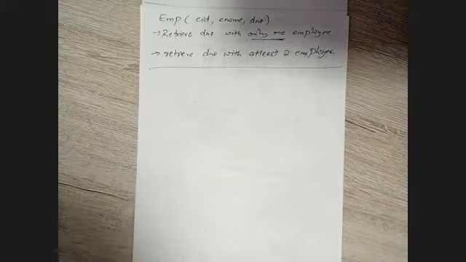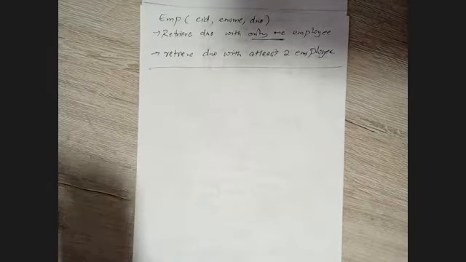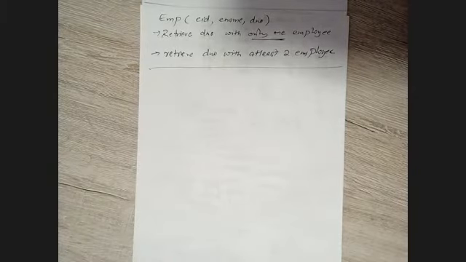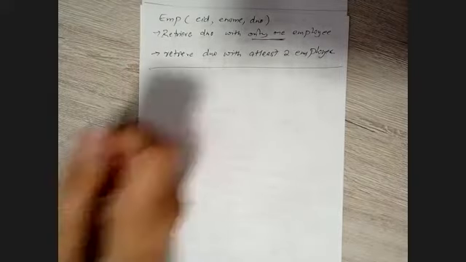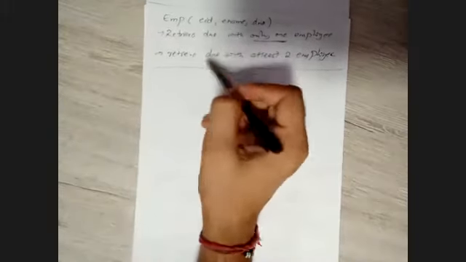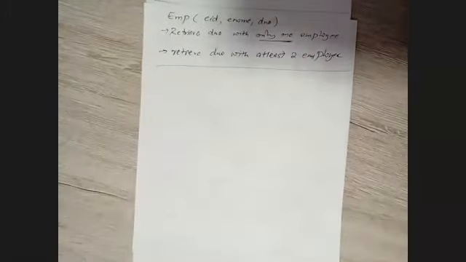See, the basic thing is, if you really want to solve the query in a correct way, just take an example. Out of this employee table, take some values and then try to retrieve them, or frame the relational algebra here. That will be very easy for you, and you will end up with a correct query. Fine. So yeah, that's it.